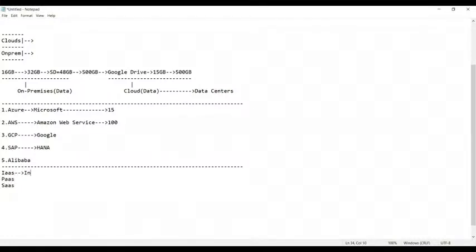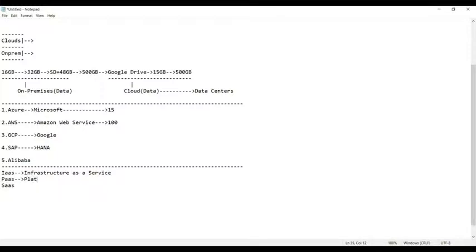So what is IaaS, guys? IaaS stands for Infrastructure as a Service. And what do you mean by PaaS?